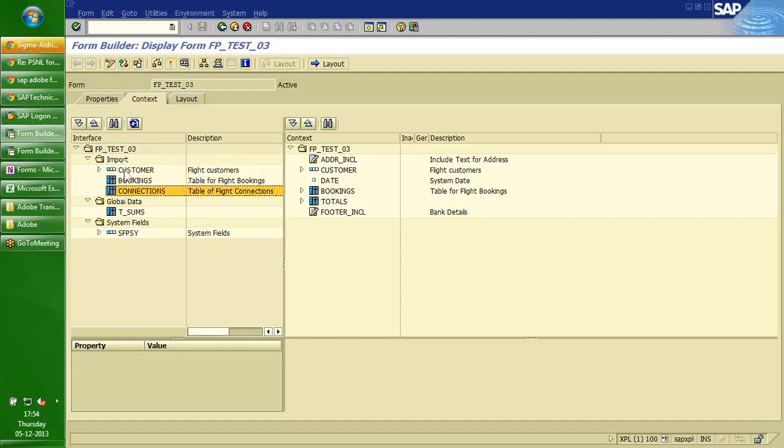data. So customers is a record type, I mean structure, and the bookings is of a table type. That's where we see a different icon, and connection is also the same. And as well, we will get default system fields. In SAP script, we have SFSY; in the same way, we get SFPSY for the system fields: date, time, username, and the size of some fields. So the left, whatever I'm showing here, is nothing but the data that is